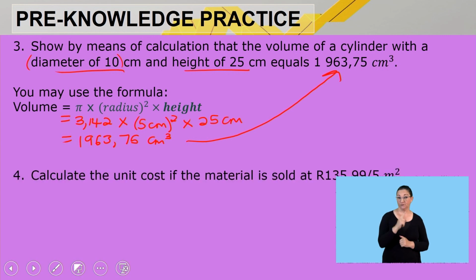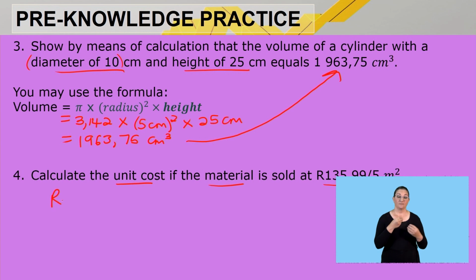Question number 4, it says calculate the unit cost, right? Remember, unit referred to one. If the material is sold at 135 Rand 99 cents per 5 meters squared. Okay, so let's look at it. So I will take my 135 Rand and 99 cents and I will divide that, okay, by the 5 square meters, right? So what will that give us? So I'm actually calculating what it will cost me per meter, right? Not per 5 square meters, okay? So per square meter it will be